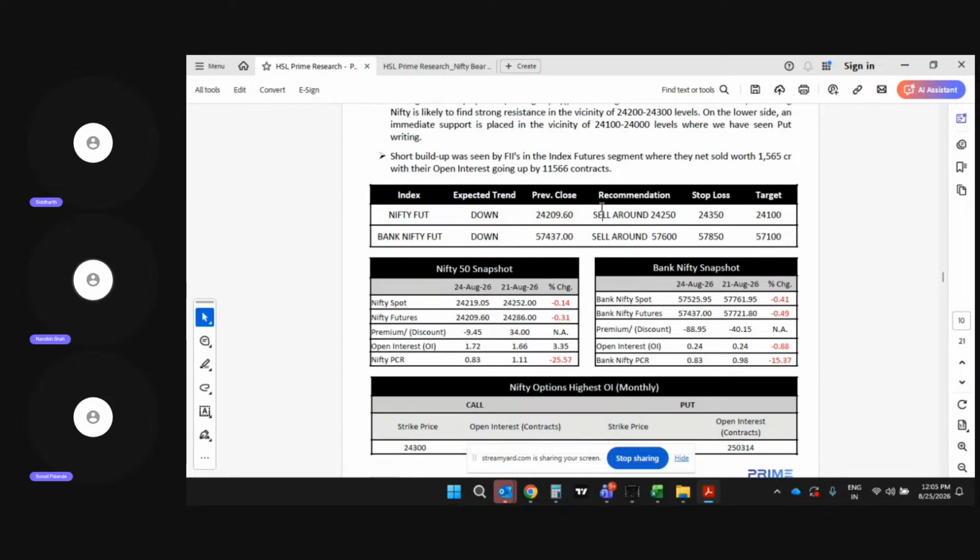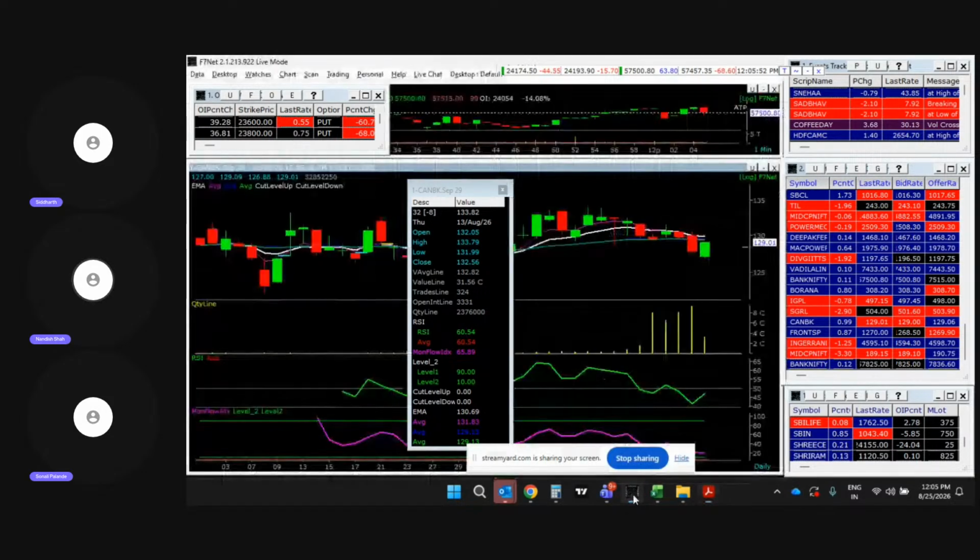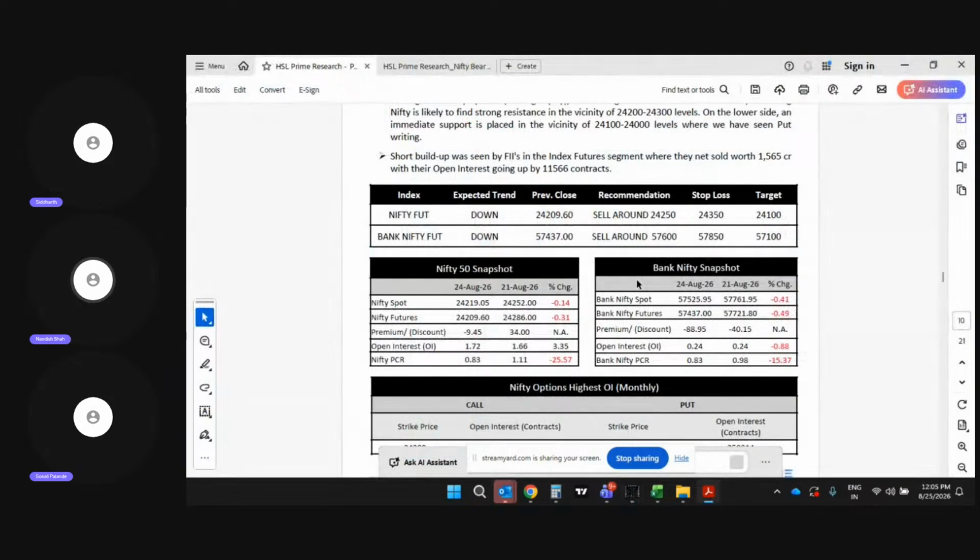So broadly speaking, for the last four series Nifty has been remaining in the range, and this time also it's no different. As of now, Nifty is trading around 24,180, which is less than 1% away from the 24,000 level. While the market remains in the range, in stocks today we are seeing higher volatility. But index-wise, the market is remaining in the range. And as of yesterday, data was suggesting slight caution.